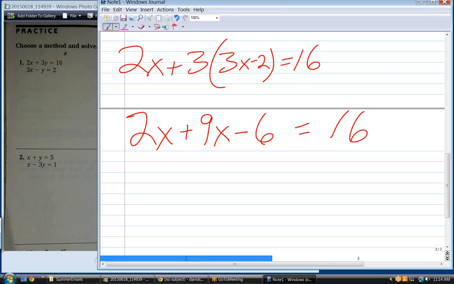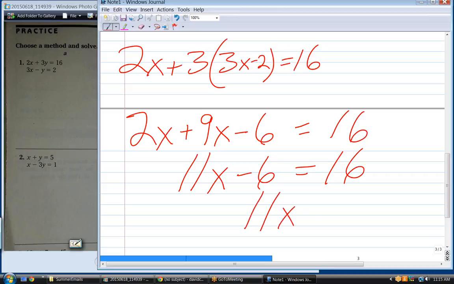Yeah, the next step is called combine the variables and put your variables on one side of the equation, your numbers on another. So first of all, how many x's do we have? We have 2x. What's 2x plus 9x? Oh, that's 11x. Okay. So now we have this. And now let's get rid of that 6 because that's not a variable. So we want to move our numbers to the right side and leave our variables on the left side. So it's 11x equals 16